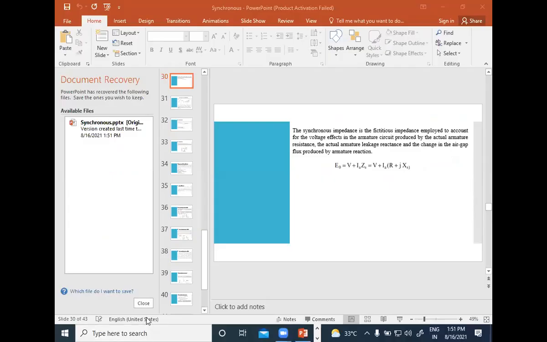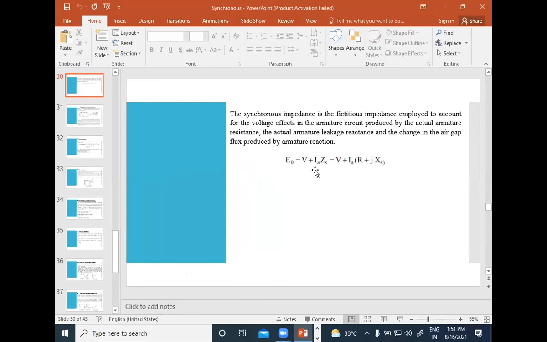You can see this equation. This is my no load voltage. Its equation is E0 is equal to V plus IA ZS. What is ZS? RA plus jXS. So we have the value of RA and the value of XS. Armature current is our line current that we already got, because for star connected, line current is equal to phase current. So we have armature current, and V is the VPH that we found. So we can use this equation.